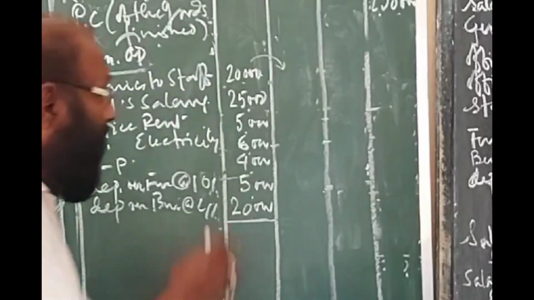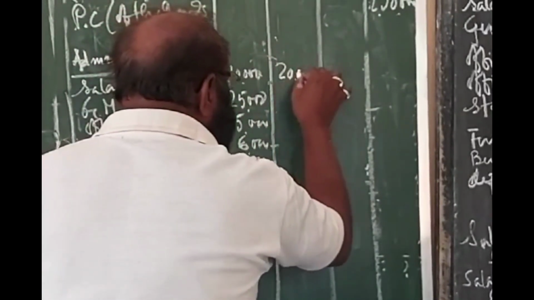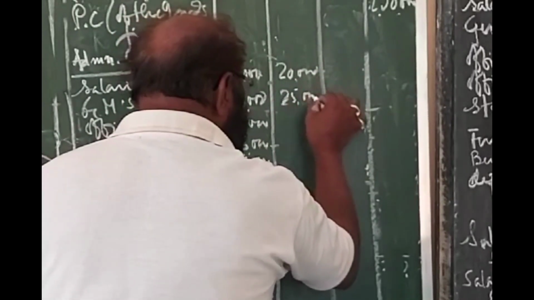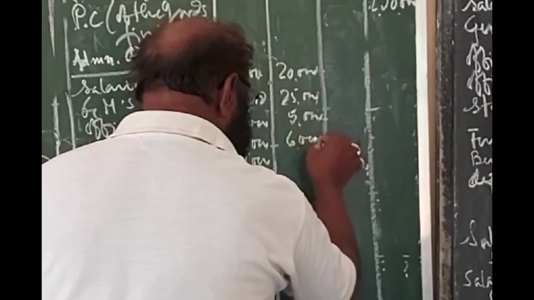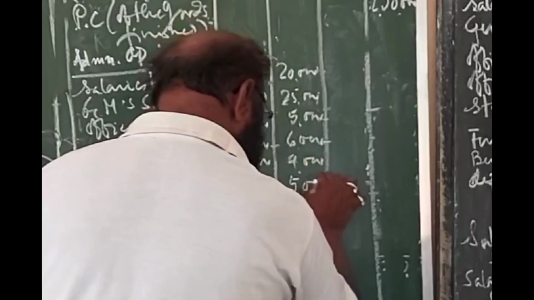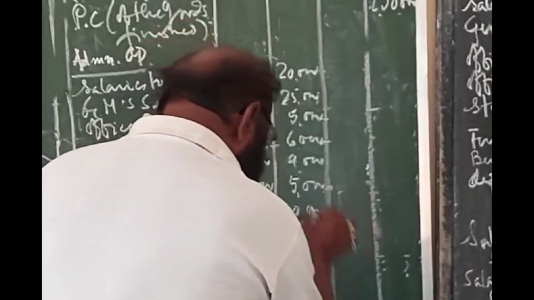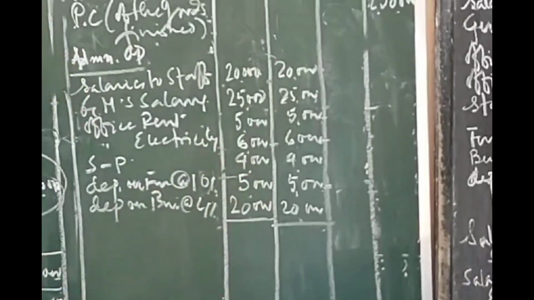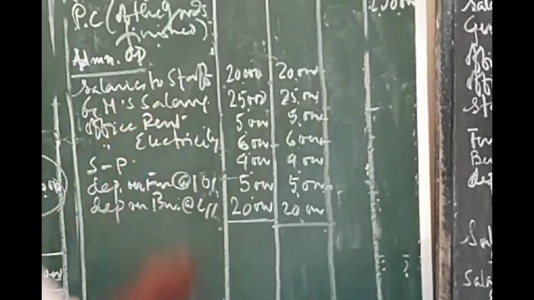Okay, so I am writing this. Okay, 20,000, 25,000, 5,000, 6,000, 4,000, 10,000, and 20,000. So, this part we consider, this part is used basically for just any outstanding, say salaries